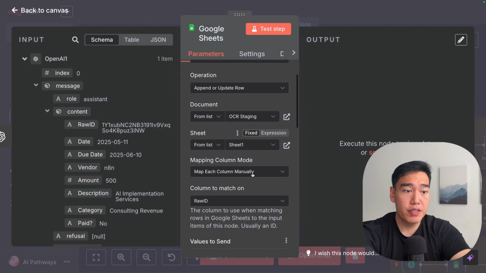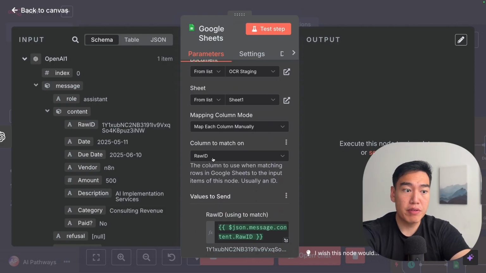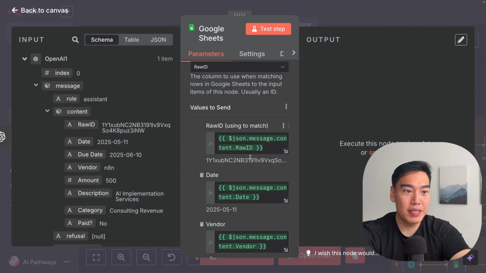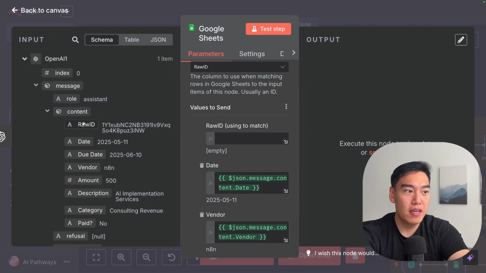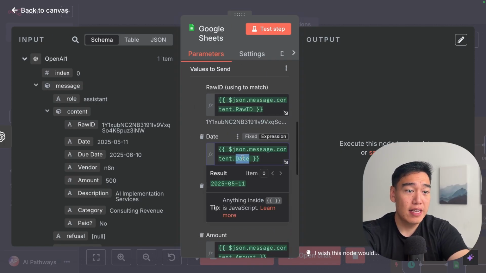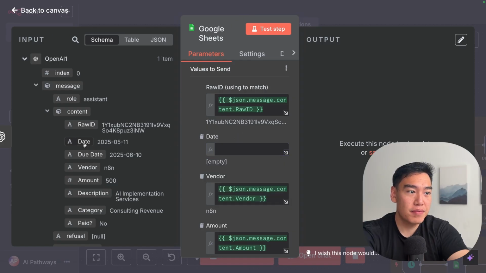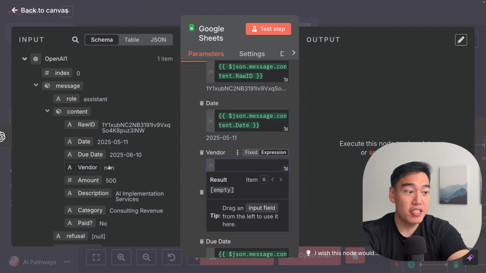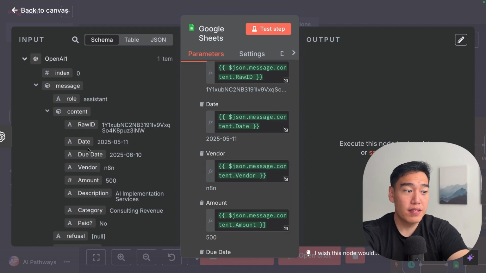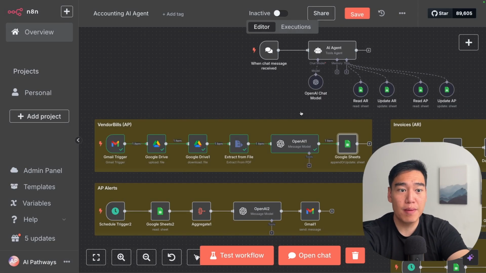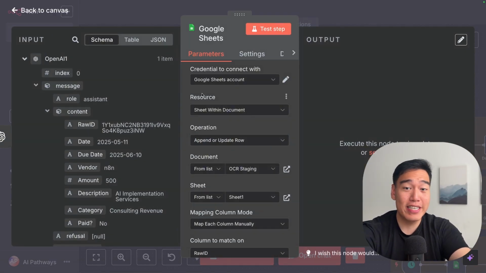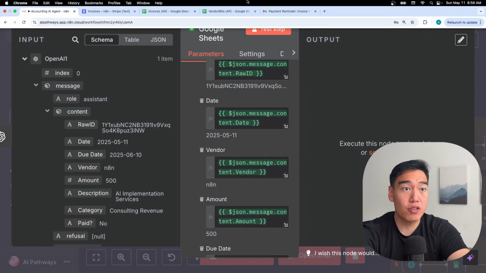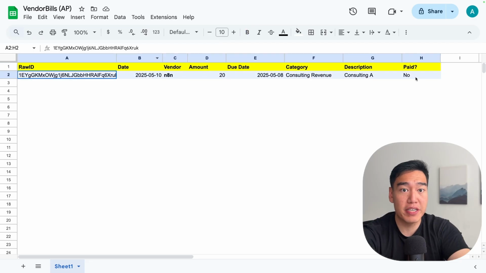Heading back here, if we do map each column, we match on the raw ID, and then we can simply just drag and drop all of the columns. So here, the raw ID goes to raw ID, the date goes to date, and the vendor matches to the vendor. So again, this is all of the contents that were created in this previous step from the AI agent node. And then finally, since everything is all neatly formatted in JSON, which is the key, we can just simply drag these all over so that our Google Sheets will automatically populate with the information that the AI